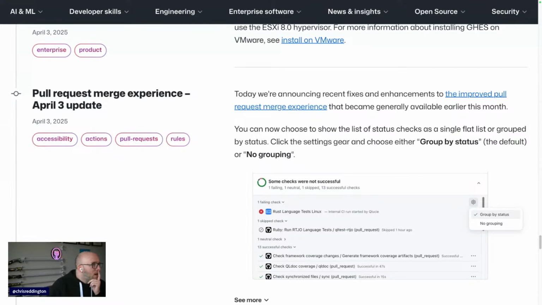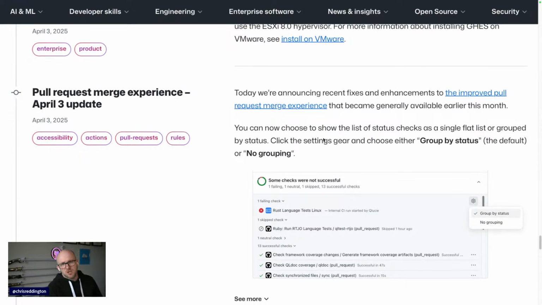So what has happened over the last week? Quite a lot, as I mentioned. I think we may have covered this last week, but just in case, we'll go from April 3rd, which is obviously a week ago today. The pull request merge experience had some updates. If you've been tracking the GitHub changelog, you may have seen that we've been refining that user interface, and there are some additional changes going on there.